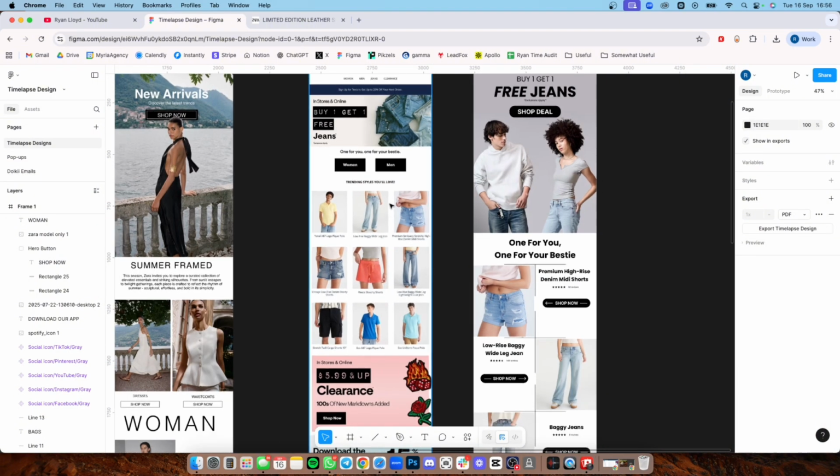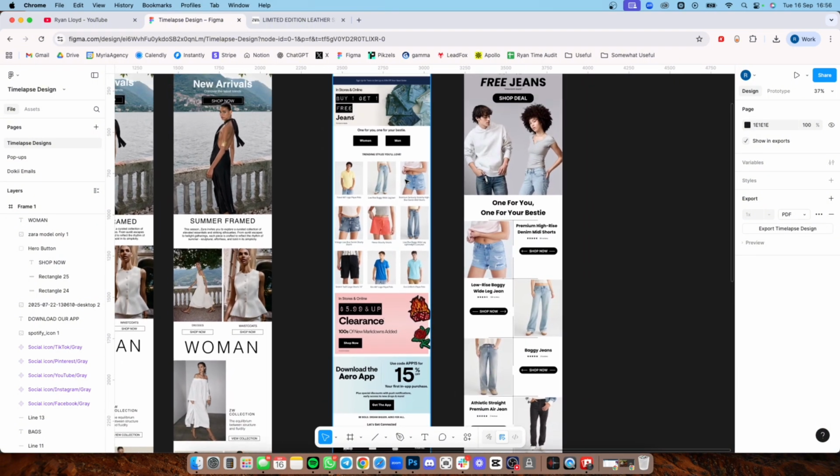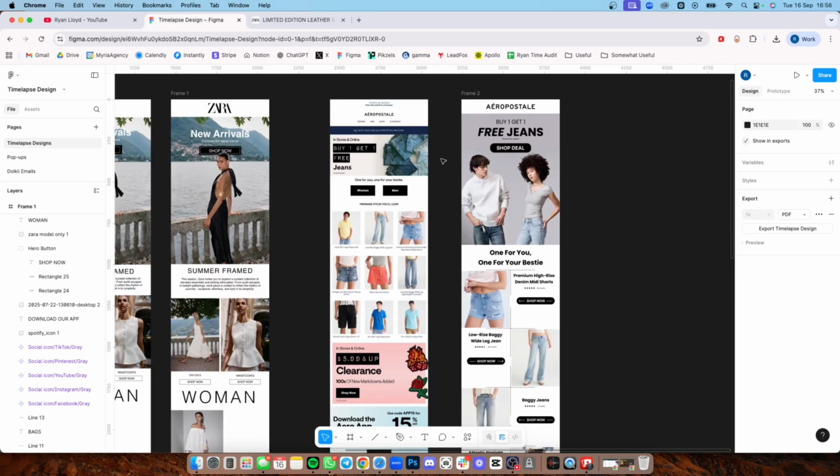Secondly, if we look at this email as a whole, there is so much going on in this email. There are so many clickable links. There's a buy one get one free discount here. There's a $6 and up clearance, and then there's a 15% off downloading the app. There is so much going on in this email. Even if I was to click on it, I literally would not have a clue what to do. So being as this is at the top of the email, we just took the buy one get one free